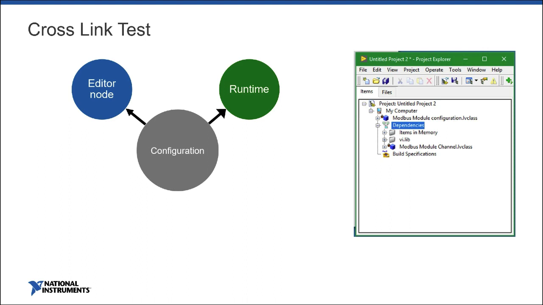The problem is, it's really easy to have a type that I decide to put in the editor node, but then I require it in the runtime. What happens with that is that now the runtime has a dependency on the editor node, and we don't want that in DCAF. In DCAF, the editor node can have dependencies on the configuration and actually contains a configuration object inside of it, and the runtime contains a configuration object inside of it. But we cannot have the dependency going the other way around.